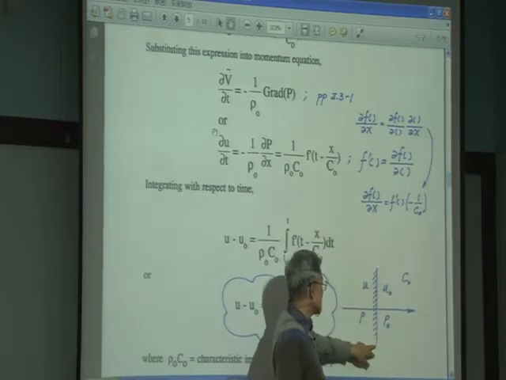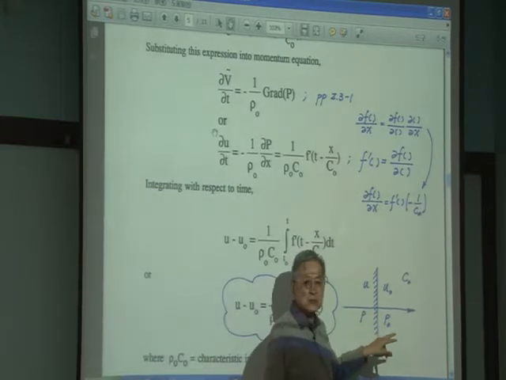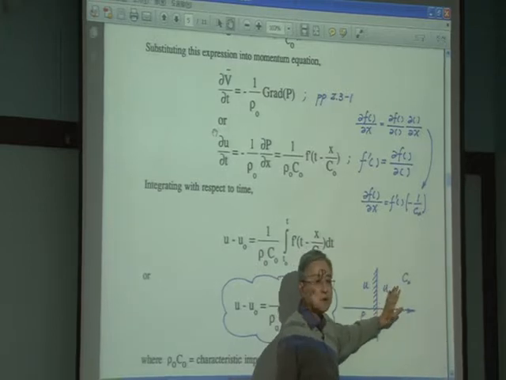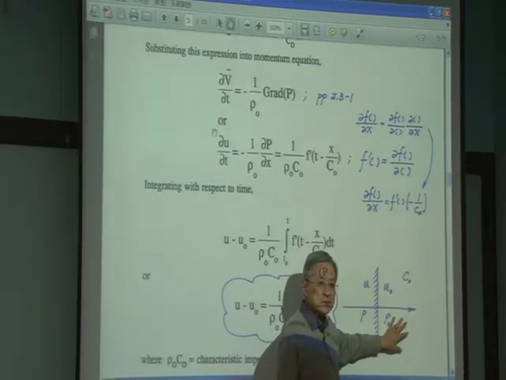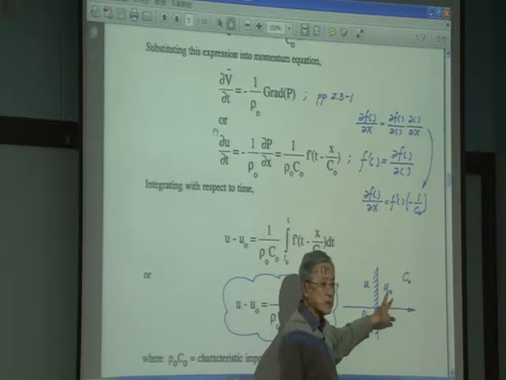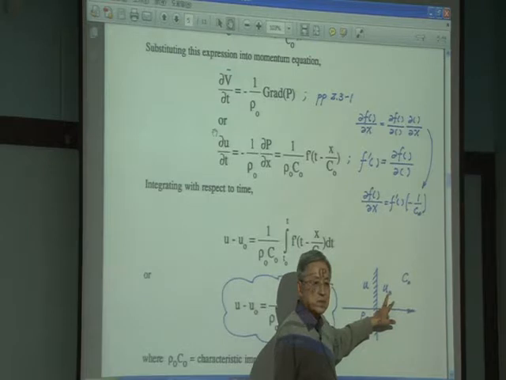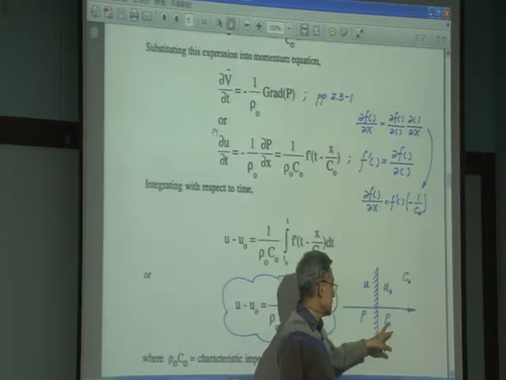It's all the same U behind this incident shock wave. In front, of course, is also fluid, so I'm going to call that the initial state: the fluid particle velocity is U naught and the pressure